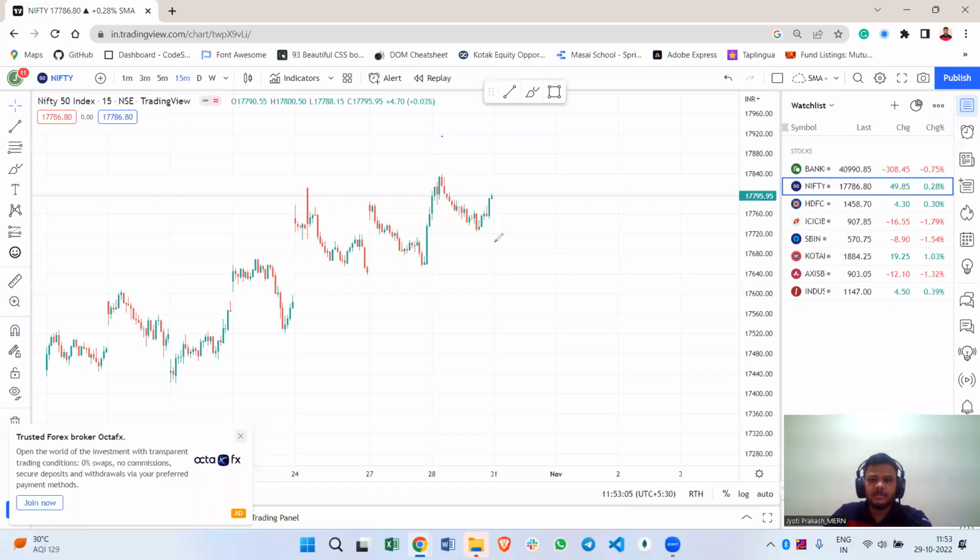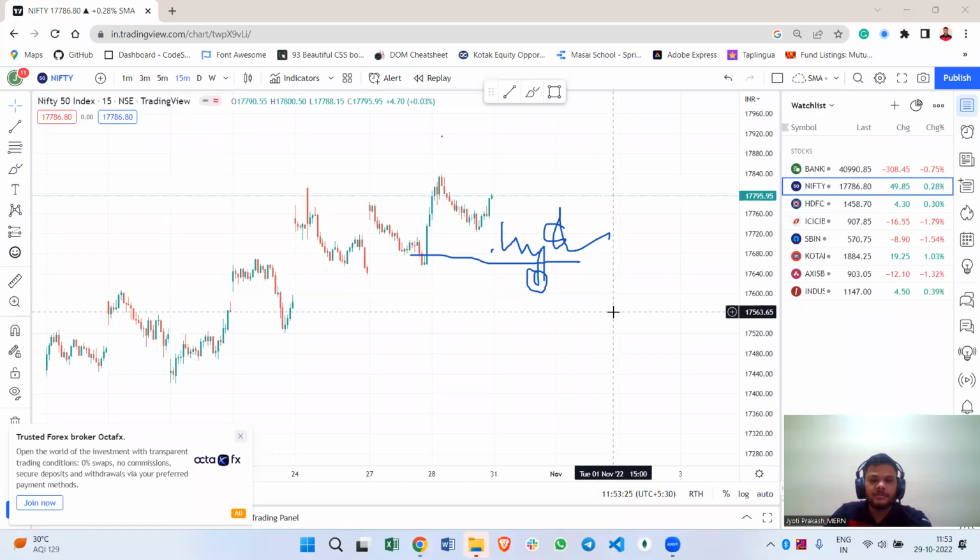One thing may happen: if it opens gap up and closes below 17,680 or 17,650, and shows some negative scenario, we can take a trade for selling, and our stop loss will be the high of that candle, and we can set our target to 17,600,